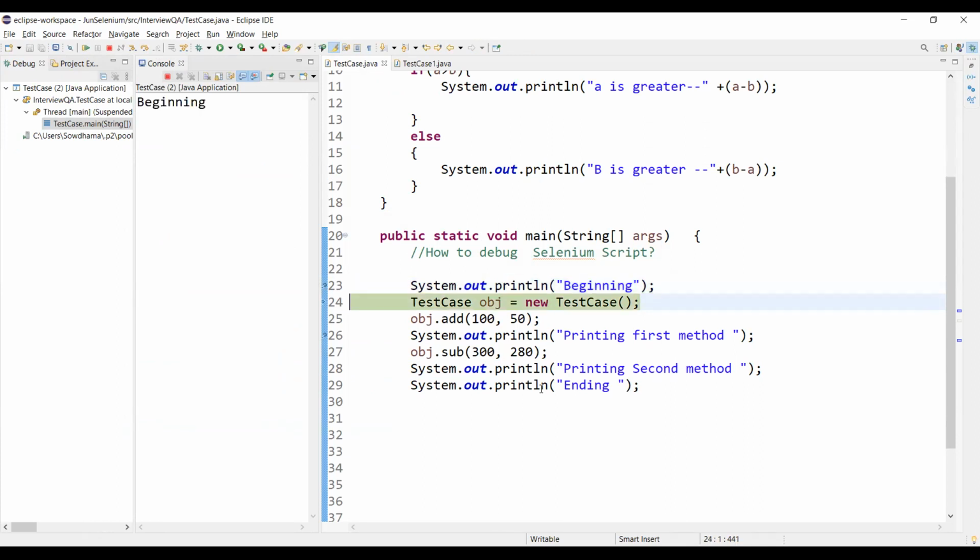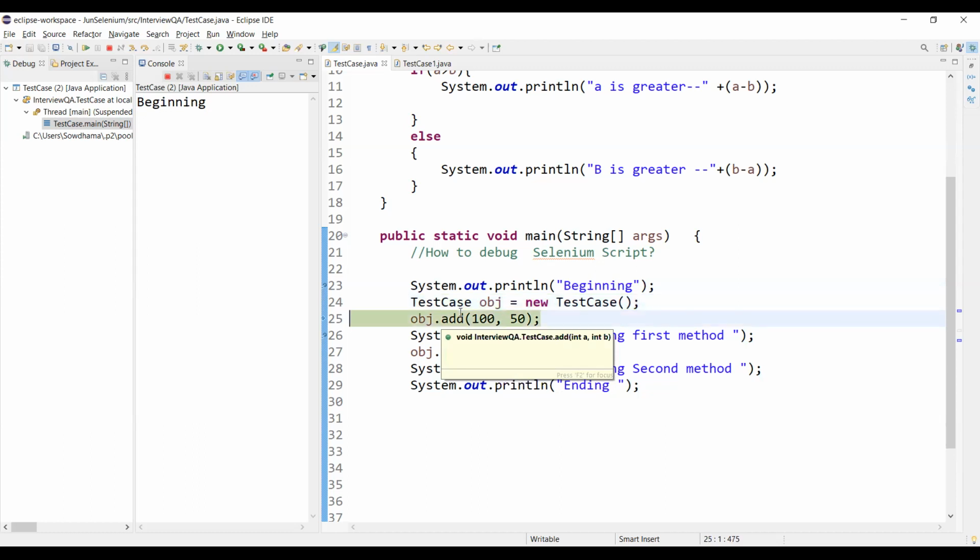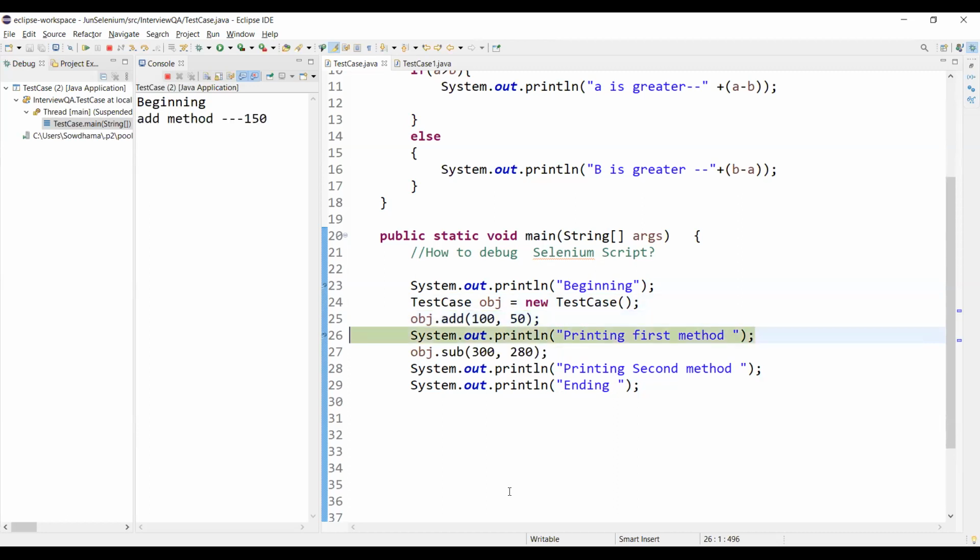If I click F6, it moves to the next line, and before that it prints the first line's message. If I click F6 again, it goes to the next line. Now it goes to the method and prints the value from the method.